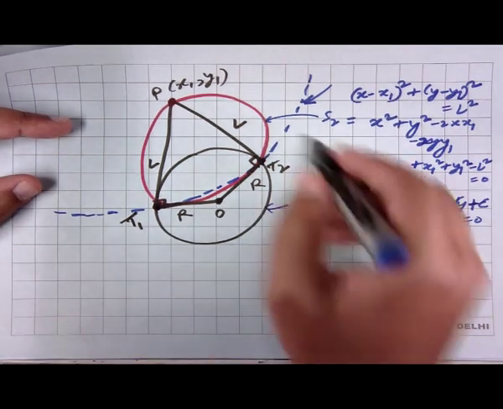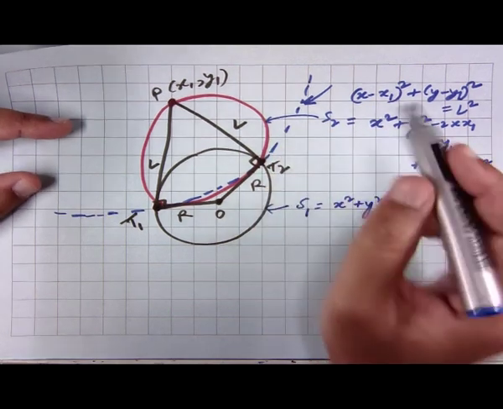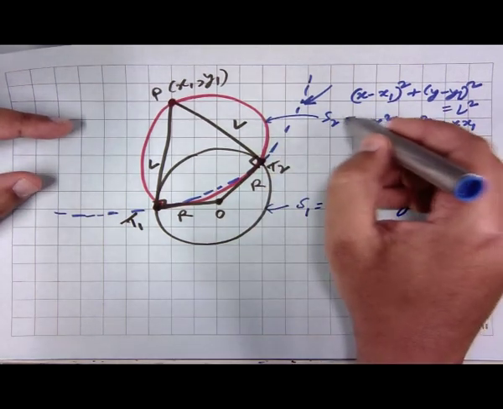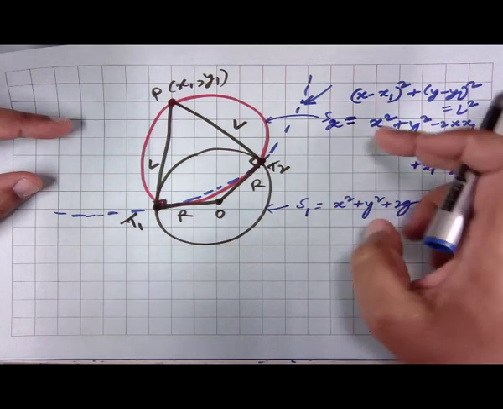The equation of family of all circles which pass through the point of intersection of these two circles is